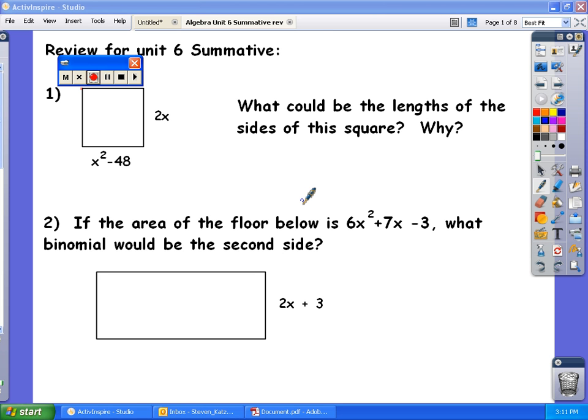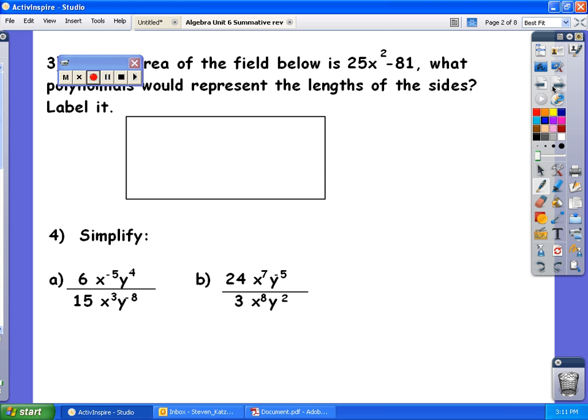Remember, this is a really good review for the Unit 6 summative, but make sure you have done these problems before watching the video or else it's not going to help you as much. So here is the review packet of the extra practice I gave you out today, Friday. We actually already did the first problem in class on Thursday, so we're going to go ahead and move to